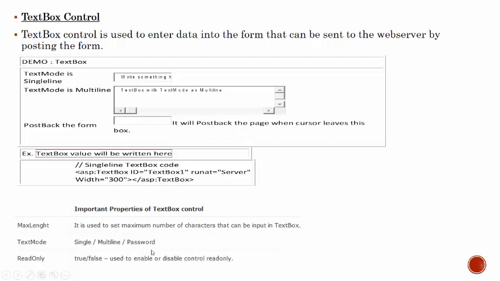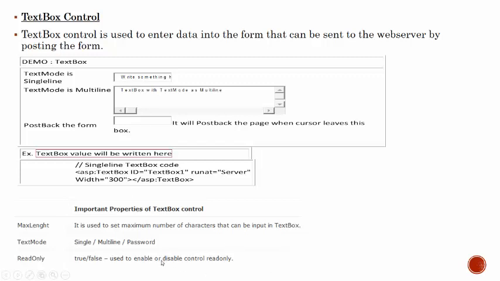Next one is the password. If you set text mode equal to password, then you can enter a password. It will display only the password character, that is the star. Next one is read only. Basically, the read only property is true or false. If you set true, then the text box will be read only.